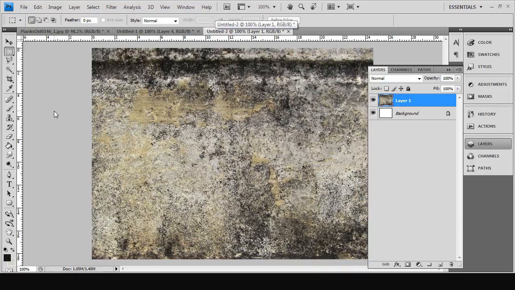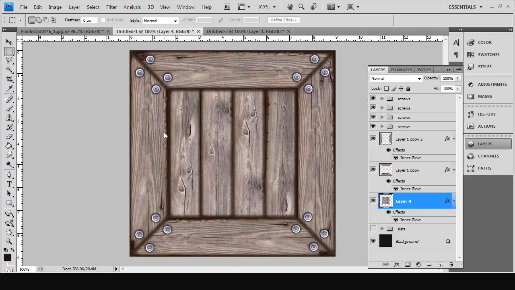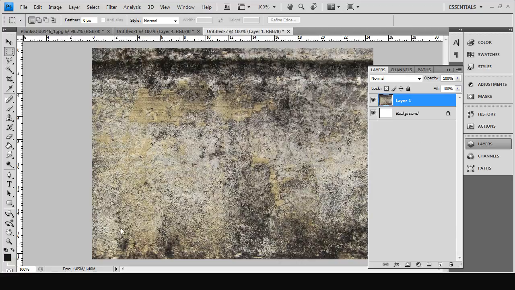Now what I've got here is an image that I found from a Google search for grunge, and this was one of the images that came up. And all I've done to this is reduce it to 35% of its original size. Now for this box, we want to create a sort of damaged part at the bottom, as if it has been scraped along the ground or there has been some water damage on the wood from the ground. And we're going to do that by doing a marquee selection here, like that,